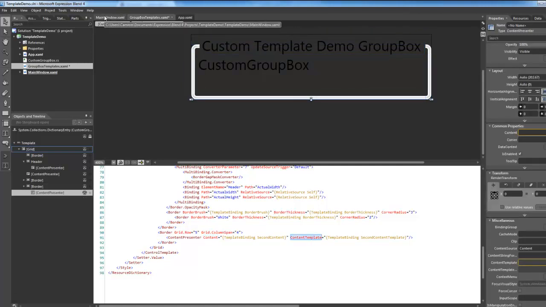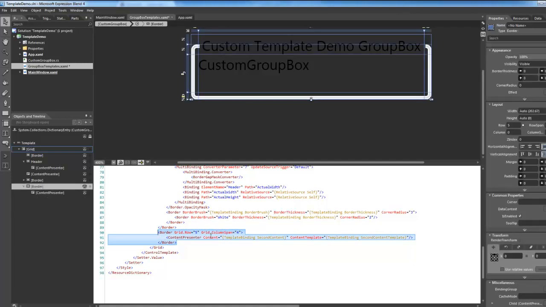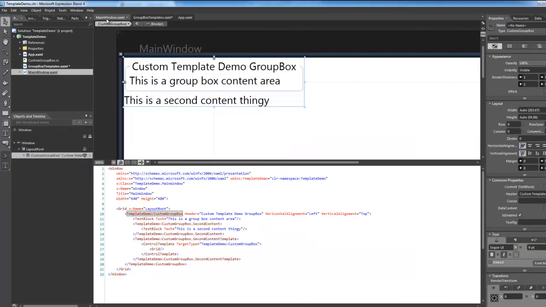For right now, though, the content template is just a grid. But if we wanted to do some crazier stuff to it, we could. It's just going to apply that template to this content and show it within here, which is within the confines of this border, visual trees being made, crazy stuff. Probably want to dive into that on your own. So that's kind of the first way of being able to make extensible, compositionable templates, is by using these custom